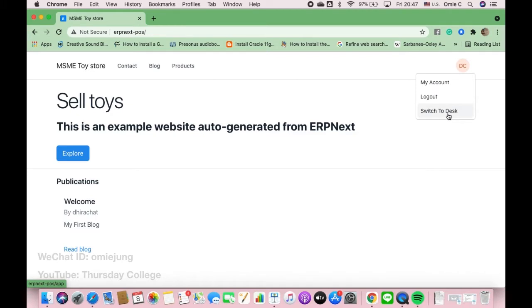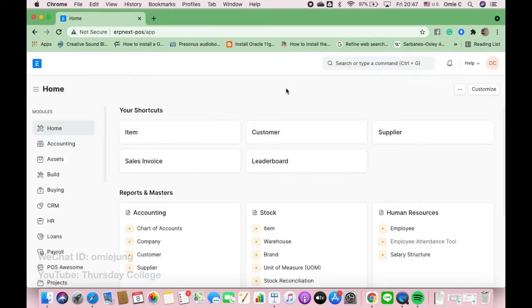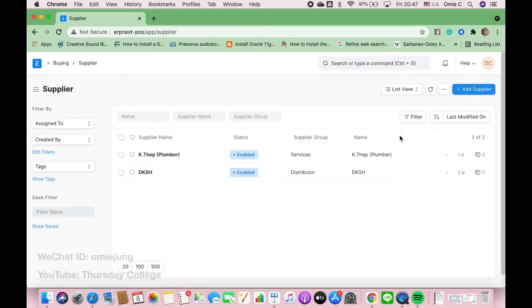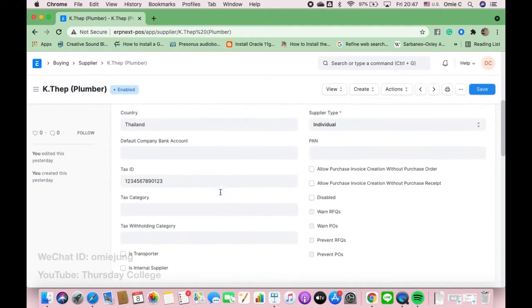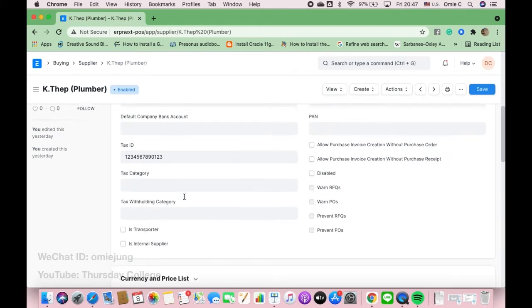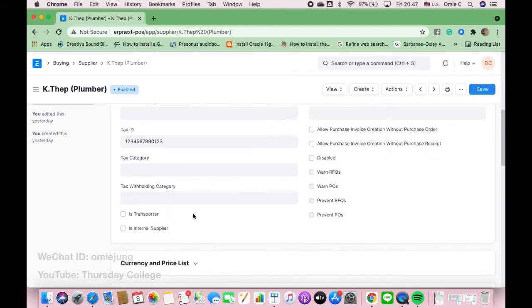I go to my ERPNext screen. For the supplier, like I told you, you just use the same set of suppliers you use in purchasing products. So I just go to the supplier, and here is the supplier that I created before. The service that I'm going to buy is fixing the water pipe, so we have the plumber. I already have this one. It has the tax ID, and you don't need to put the tax withholding category